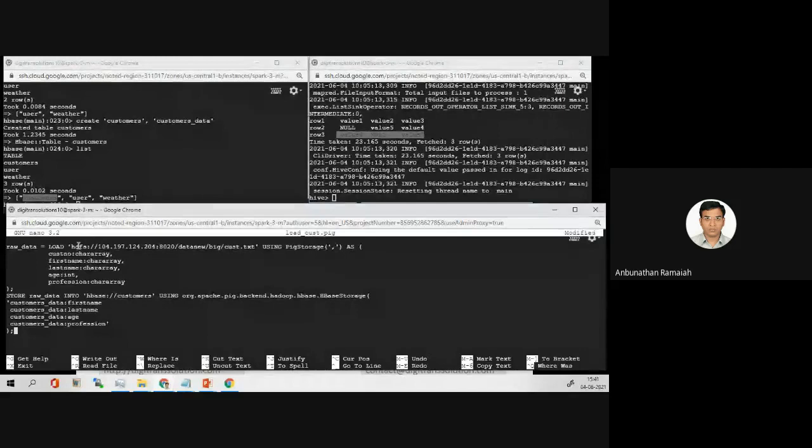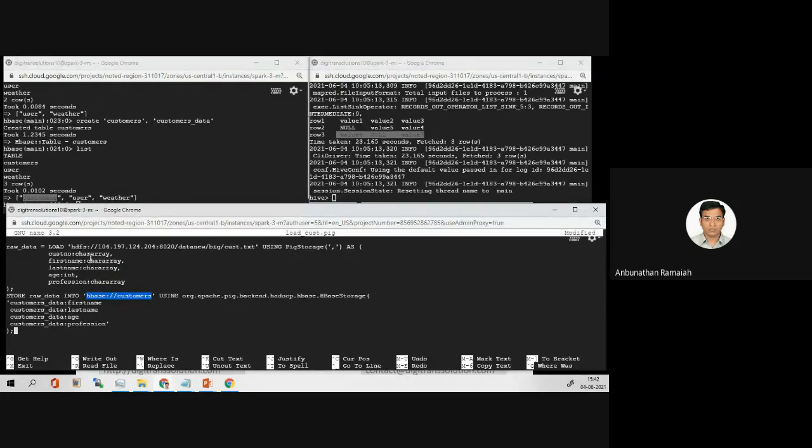I'll explain. Here what we are doing is creating raw data. We are loading the cust.txt file, whatever we loaded. Here using Pig storage, customer number is a chararray, first name, last name, age, profession. Then we are storing the raw data into HBase. We created a customers table in HBase.